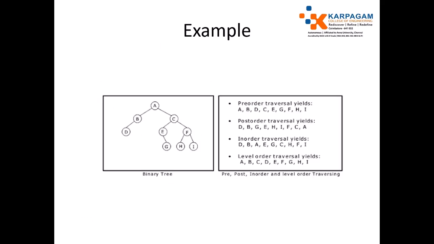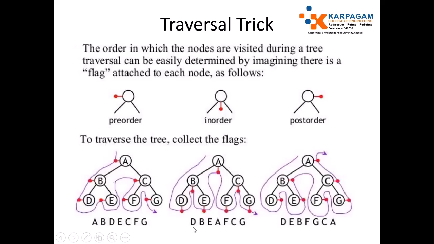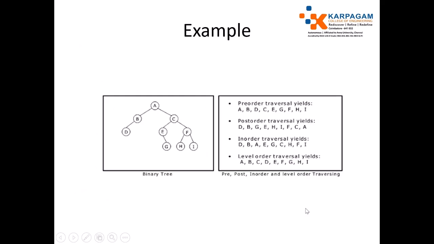Okay. This is the example for traversal: in-order, pre-order, post-order, and level order traversal. I start with the level order traversal. See here, A. Then B, C. And D, E, F, printed at this level. Okay, and G, H, I. Please solve this problem by setting the flag. I told you, set the flag and solve the problem.